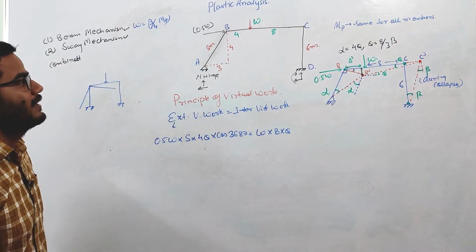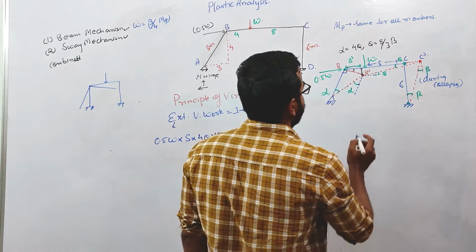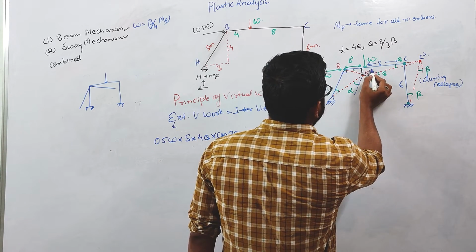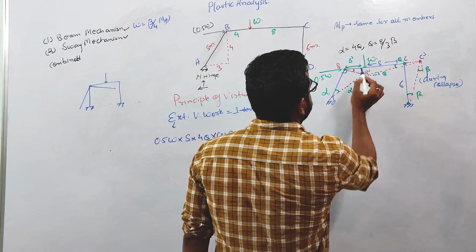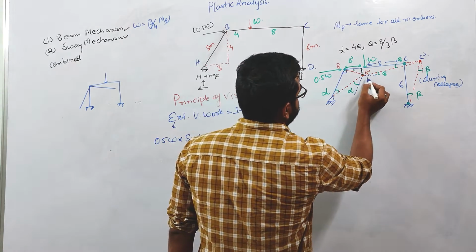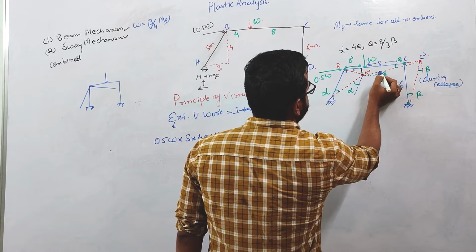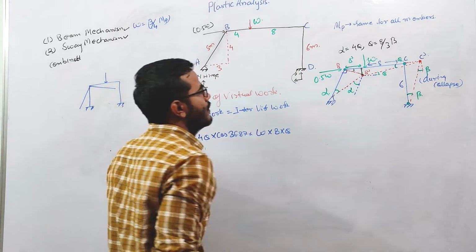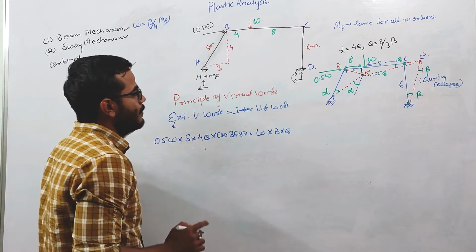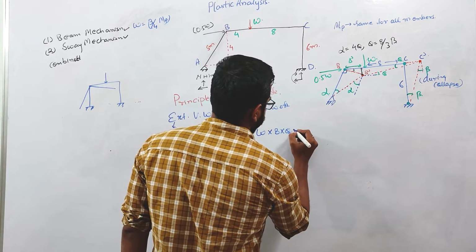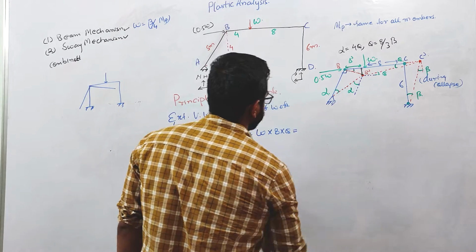When the plastic collapse happens, the position of W will also be shifted. Don't get confused. So W into 8 theta will be equal to